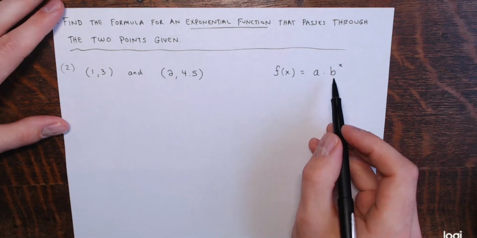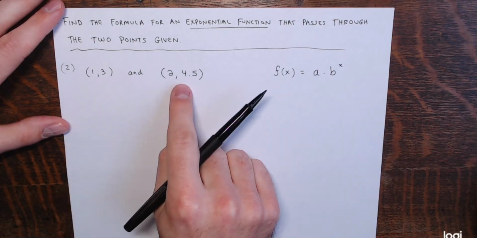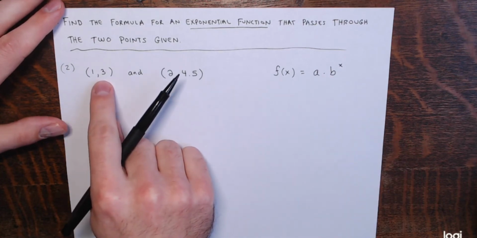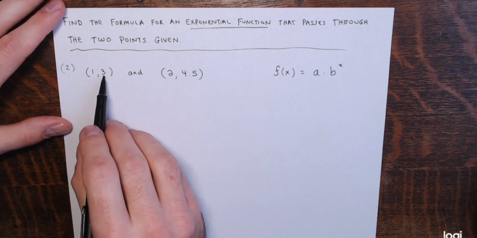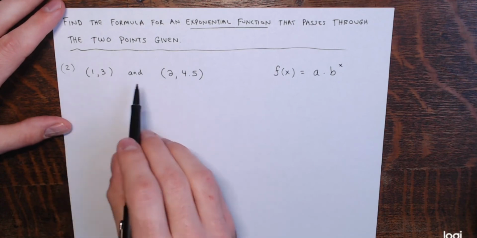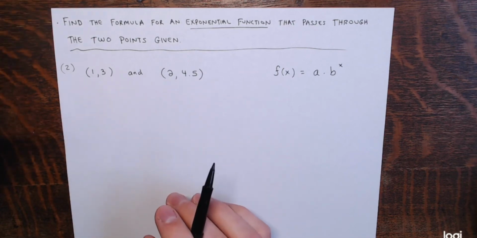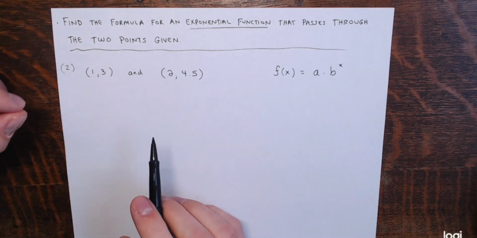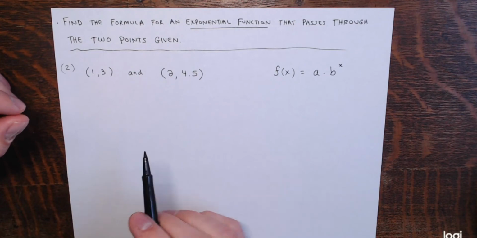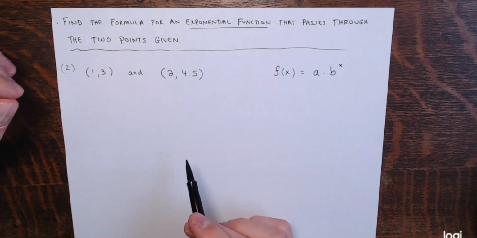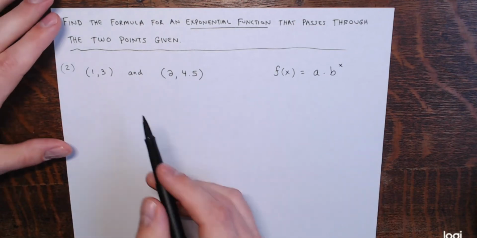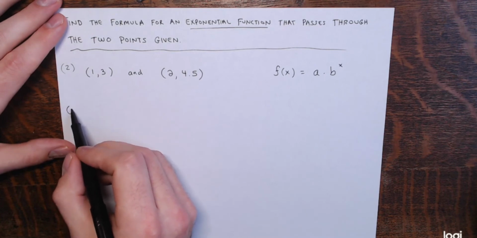Now, unfortunately, this time we don't have the initial value. We don't have the value of f when x is 0. We have the value of f when x is 1, and we have the value of f when x is 2. But that's okay. As long as you have 2 bits of information, 2 ordered pairs, 2 points on the graph, you should be able to find a and b by setting up a little system. Right. So the point 1, 3